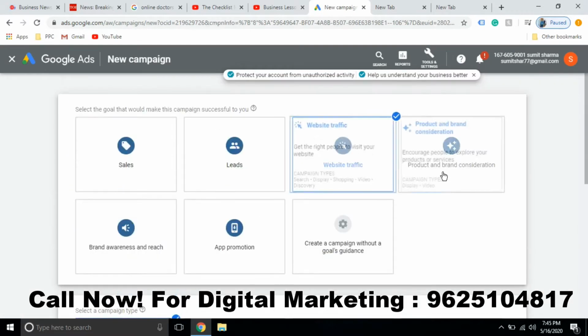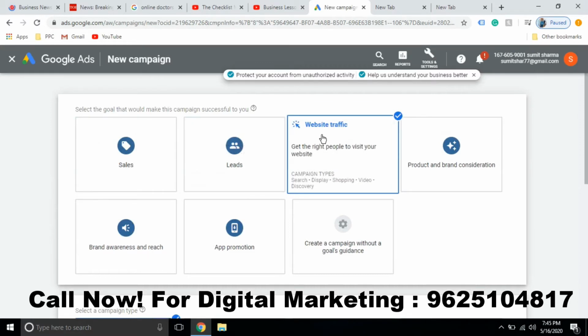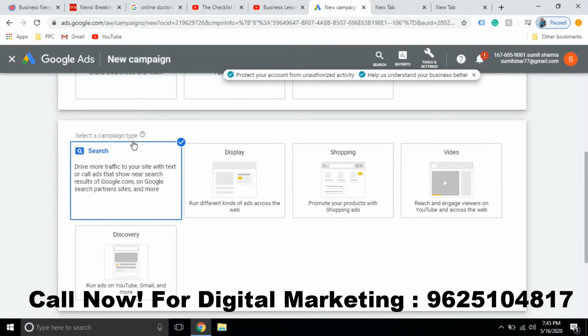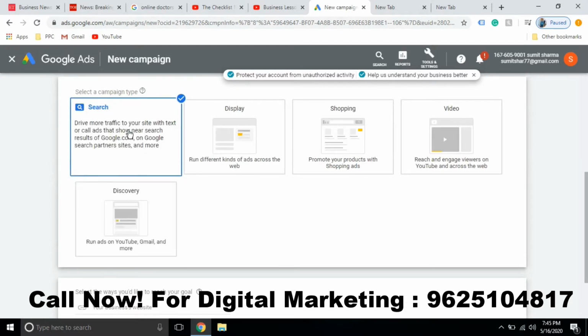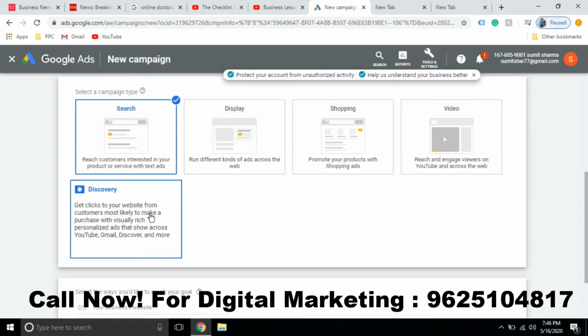Whenever we create a campaign, it first asks for the website goal. Our goal is website traffic right now, and then it asks for the type of campaign we want to create. Right now I am only making videos on search campaign, so we will take the type as search campaign, but in my future videos I will surely explain how to create other types of campaigns like display, shopping, video, and discovery.